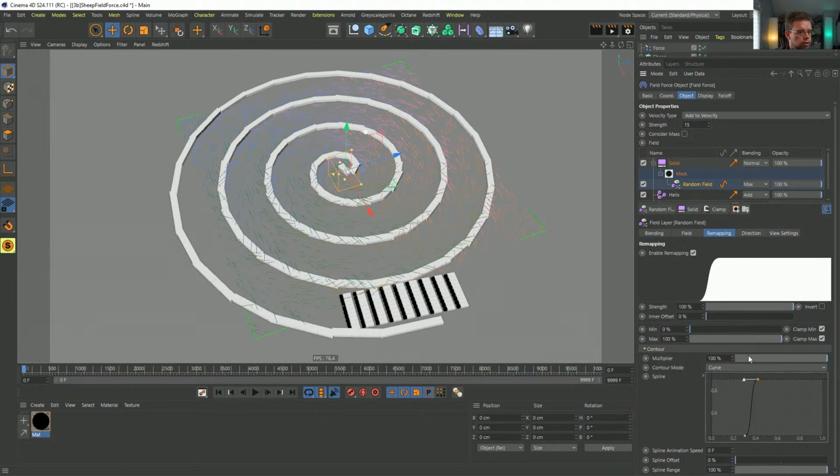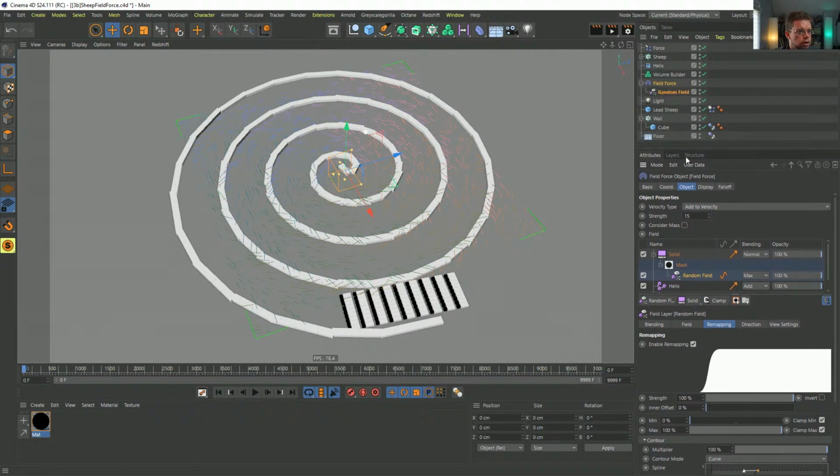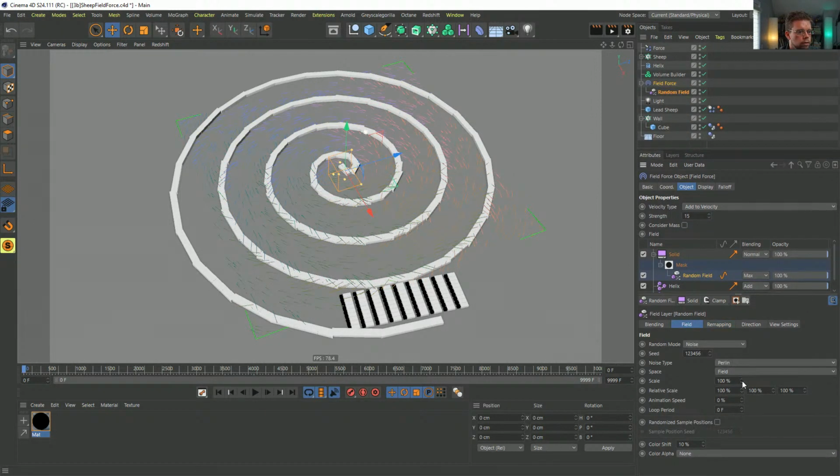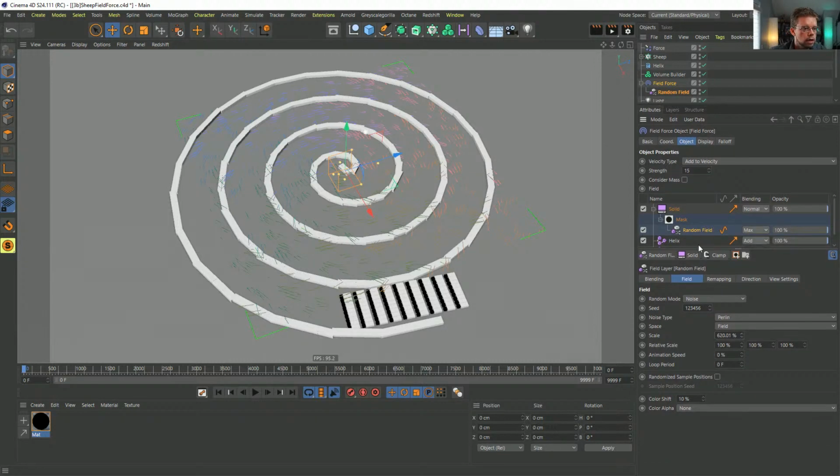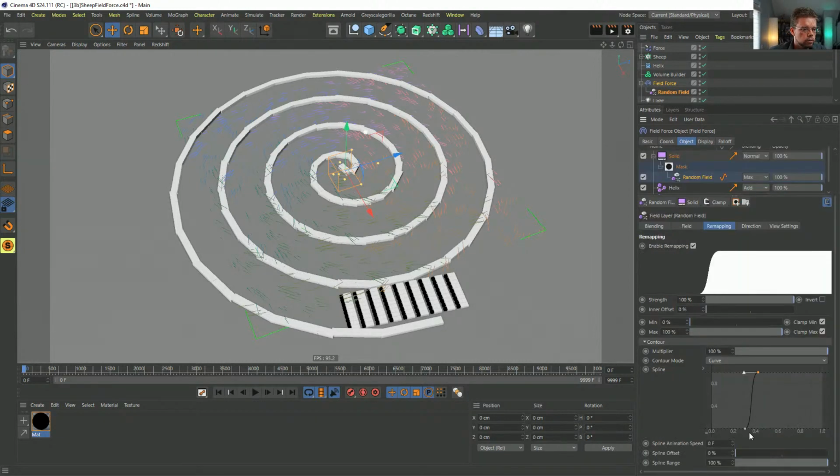The noise is probably pretty small, even though this whole scene is pretty small. That random field can be made larger. And as we go larger, we should start seeing, there we go. You suddenly see it's like chaos, chaos, chaos, and pattern emerges. And now we can start seeing the actual scale of it. So there we go. The idea being we can now make dead zones that when they go in there, they're just going to be like, oh, there's nothing pulling me forward. That is controlled via this pretty strong remapping.